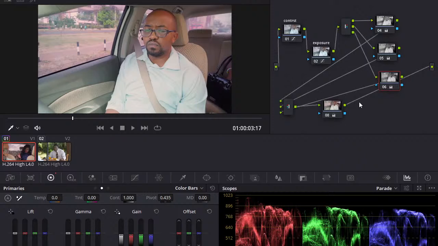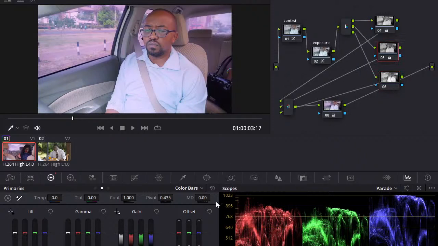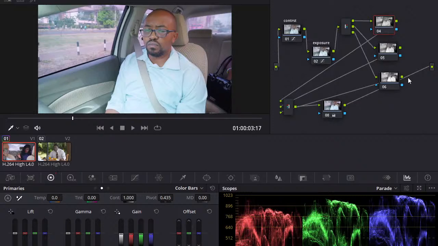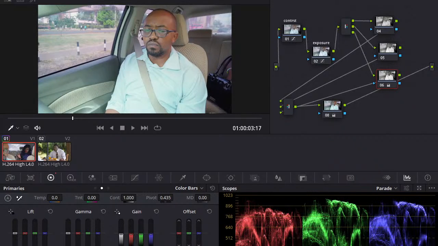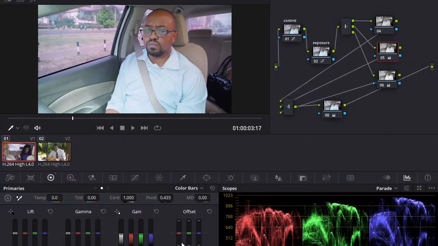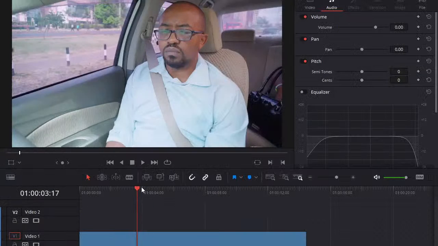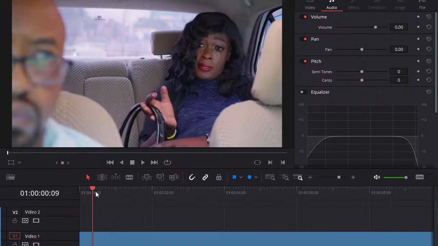So let's reset majority of this stuff, but because I think the blue is what I need to take down, and also maybe I'll take down a little bit of the green, a little bit, not so much. Okay, so the next thing is this is the saturation, right? Saturation is kinda okay, and I think I should chop up this footage, because these shots are clearly not the same.